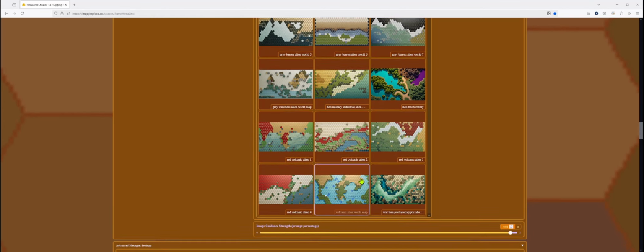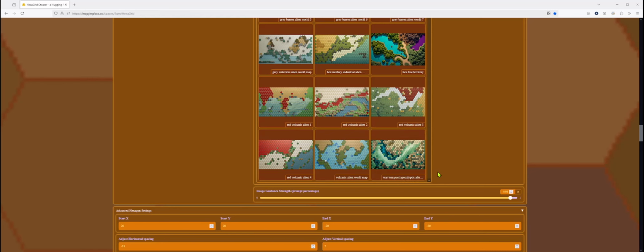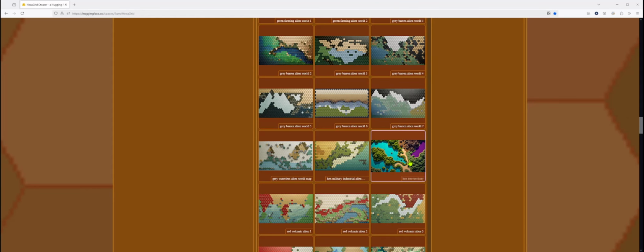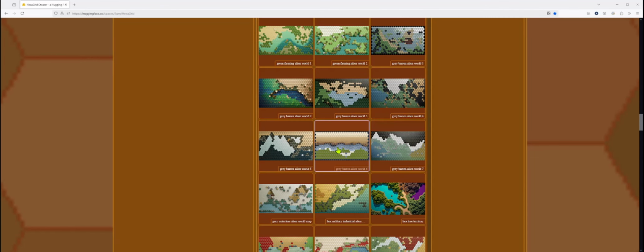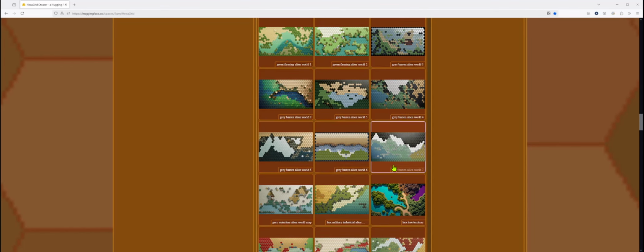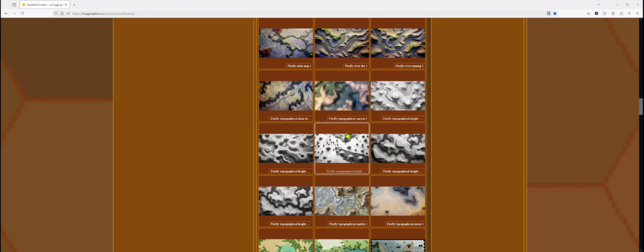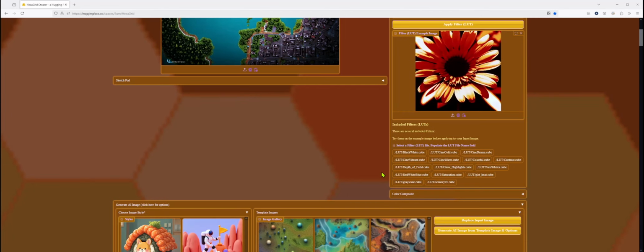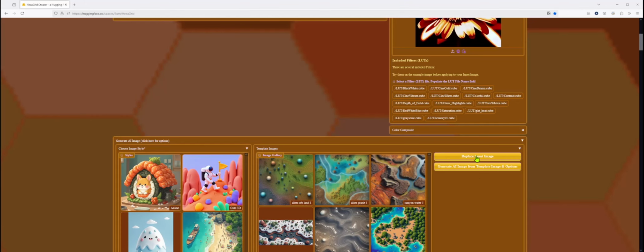So these are all pre-made for you to use, and combine with your styles. So like this one already has borders on it. Some of these are black and white, so you might be able to, for instance, grab this one that's black and white